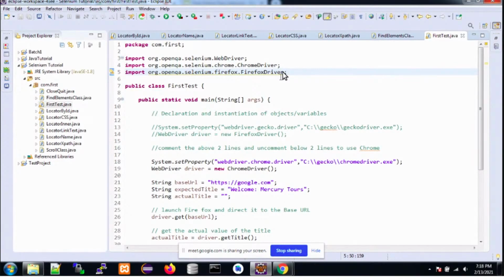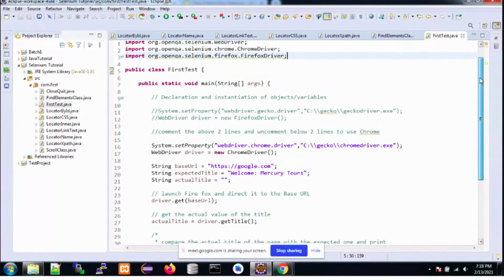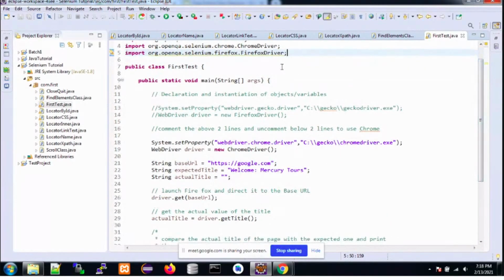It is our choice because Selenium provides the functionality to run our test case with both browsers. So Selenium supports both Chrome and Firefox, and we are using both drivers in this program to show how we can use Firefox and how we can use Google Chrome to run our test cases.